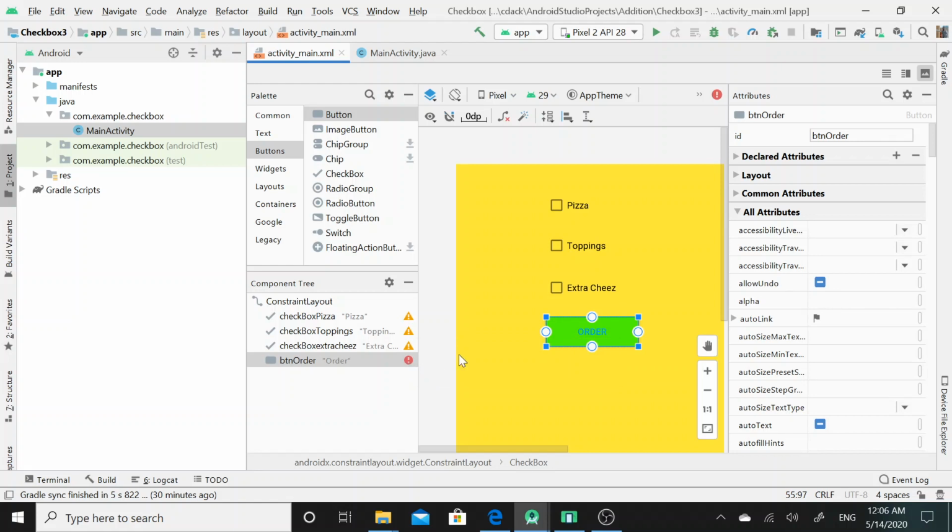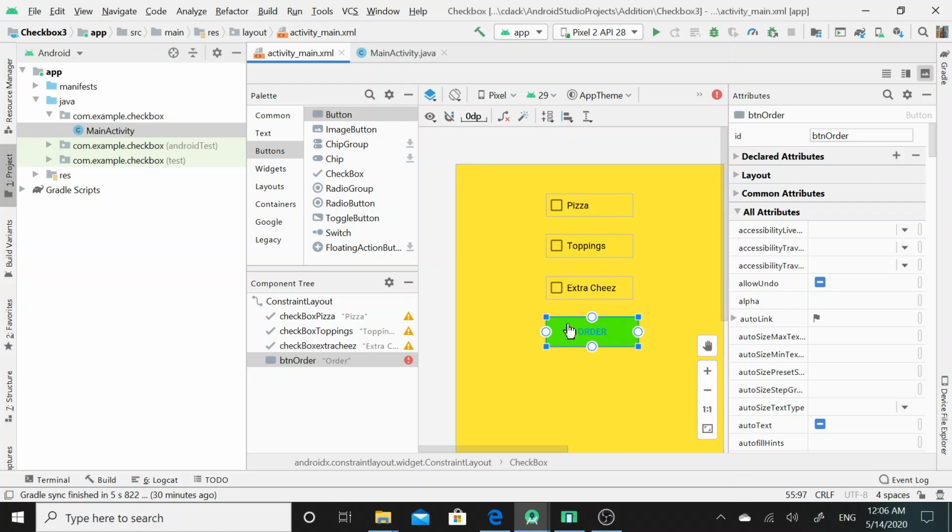Okay, here I had forgotten to fix the position of the button UI widget.